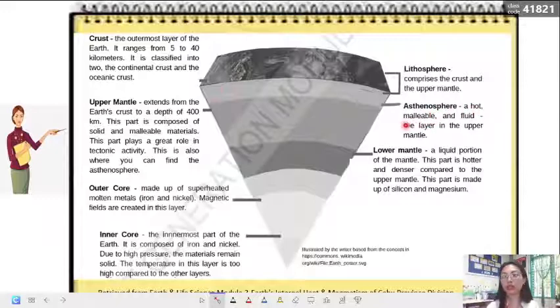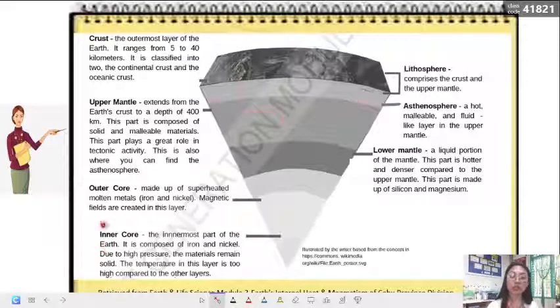It is a hot, malleable, and fluid-like layer in the upper mantle. Okay, whereas in lower mantle, it is a liquid portion of the mantle. This part is hotter and denser compared to the upper mantle. This part is made of silicon and magnesium. So, this is a liquid portion of the mantle, and this part is not liquid portion because it is just the extended portion from the crust. So the innermost part of the earth is the core, which is composed of two, the